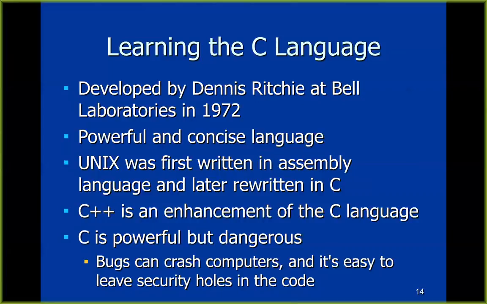So C was developed by Dennis Ritchie at Bell Labs. It was funded as a government project, so it became free to the world. It was very important because before this, mainframe computers could not talk to each other. When I went through grad school, one of the guys in my lab got a PhD just for developing what was essentially a modem. Something that would make it possible for one mainframe computer in Ohio to talk to another mainframe computer in Illinois, because there was no way to do that at that time. There was no internet, and all the computers were different. You could buy a computer, and it would be an IBM, and you'd get 5 phone books full of IBM manuals. And if you bought a VAX, it was 100% different, and you had to learn it.